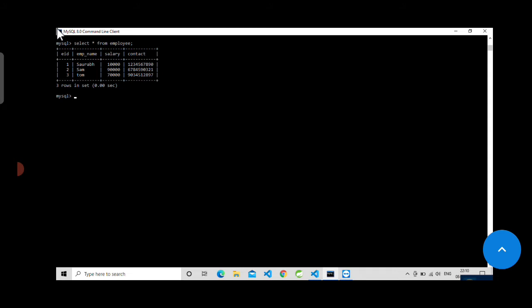Or any delimiter. You can also use this query for any other string or column name. For example, we have the employee name Sam, and if you want to add a comma or any delimiter after each and every letter, you can add it like this.